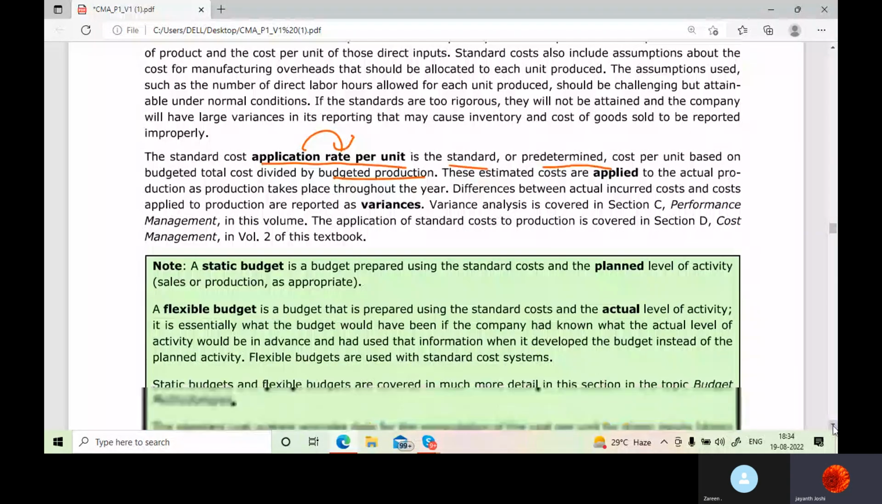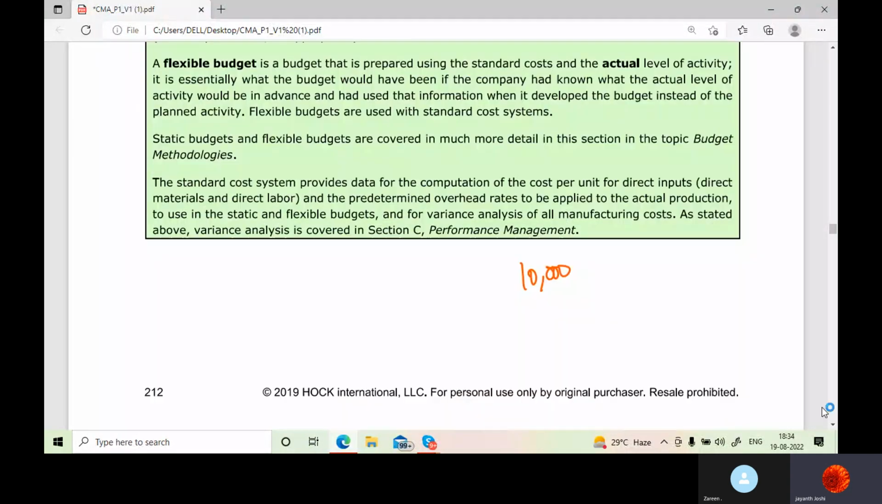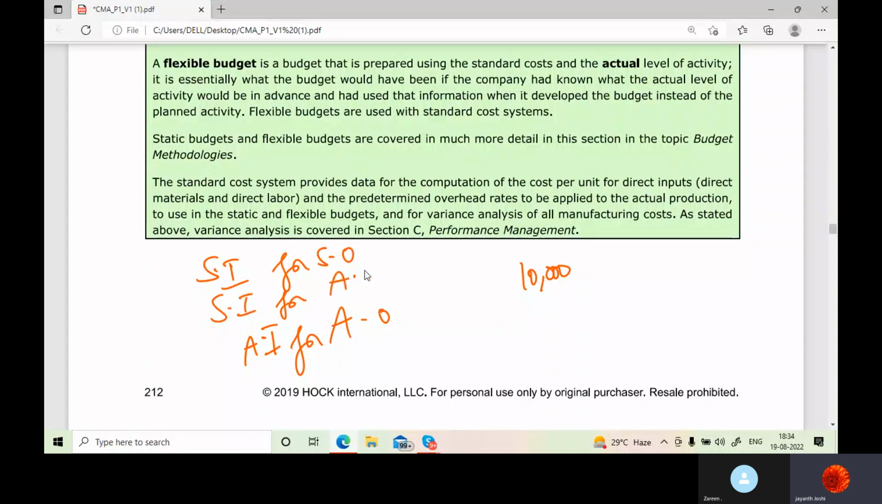So standard input for standard output, actual input for actual output, then standard input for actual output. So here applied comes into picture. Okay,